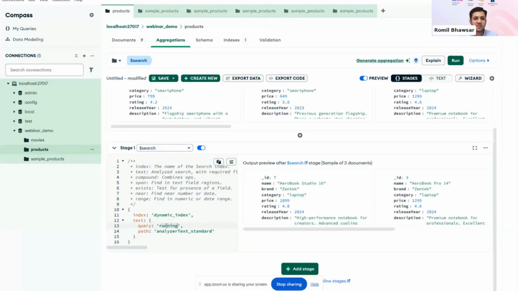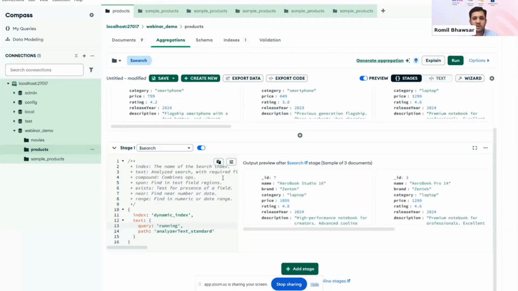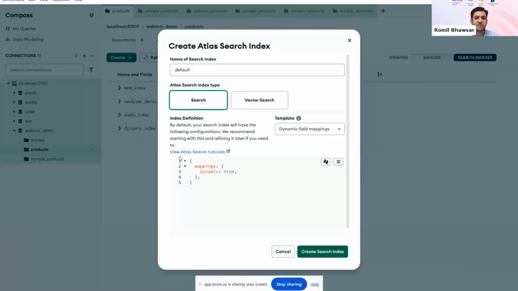So you can see here, we got the search result. The same way we created the search index using dynamic mapping, we can create an index with static mapping as well. We follow the same approach: create search index, provide the name,